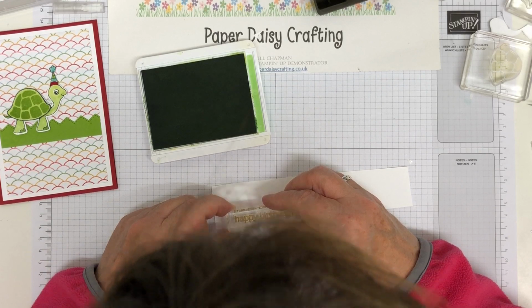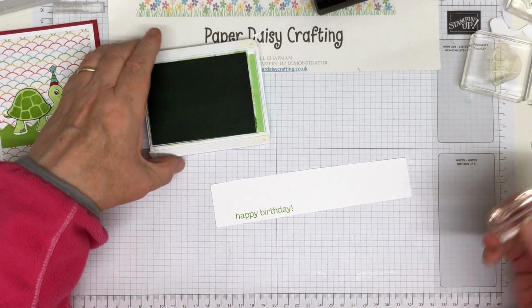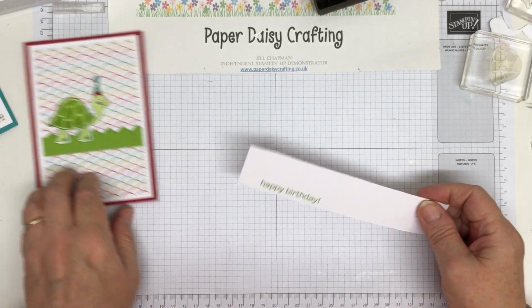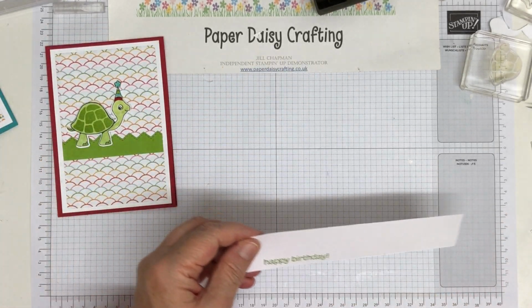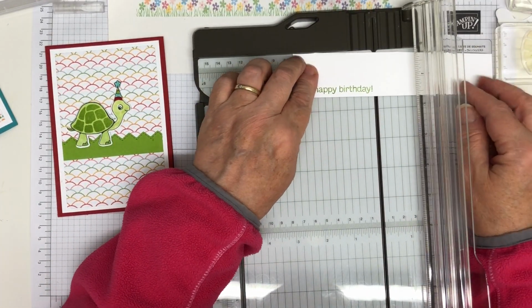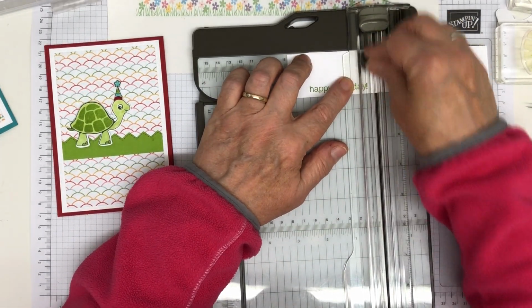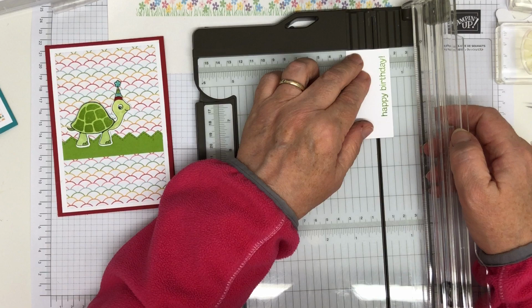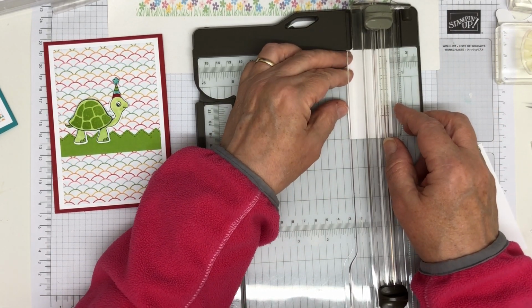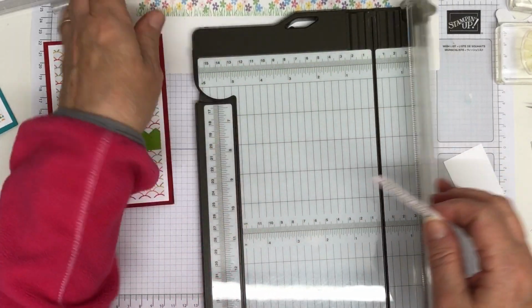So let's just try and get that straight. Sorry if my head's in the way. Just need to be right over it. There we go. That's perfect. And I am going to trim this off about here. And I'm then going to trim it this way. And then I'm just going to cut in